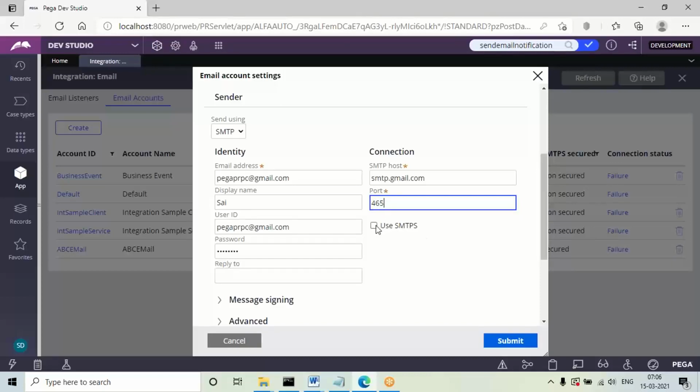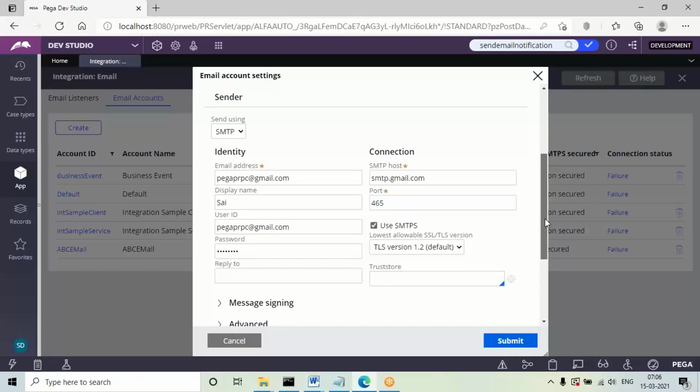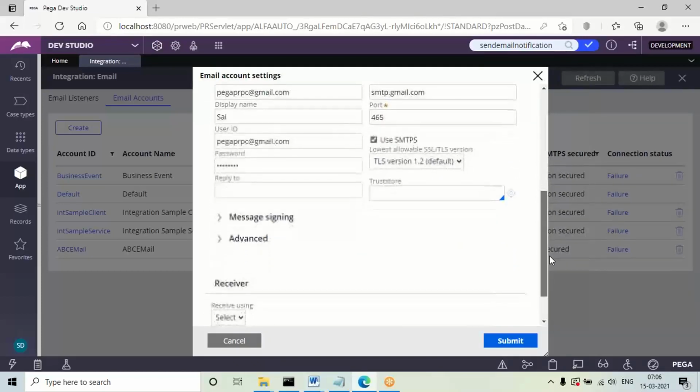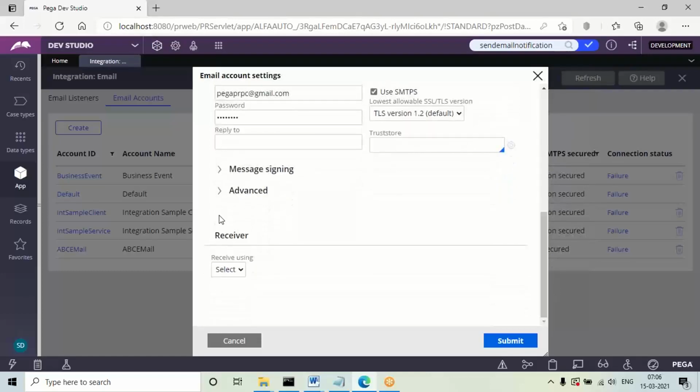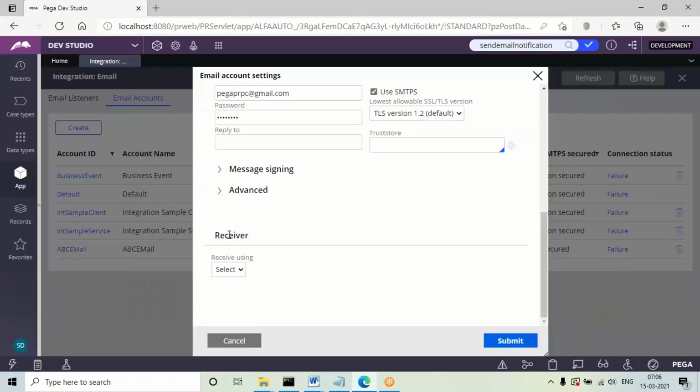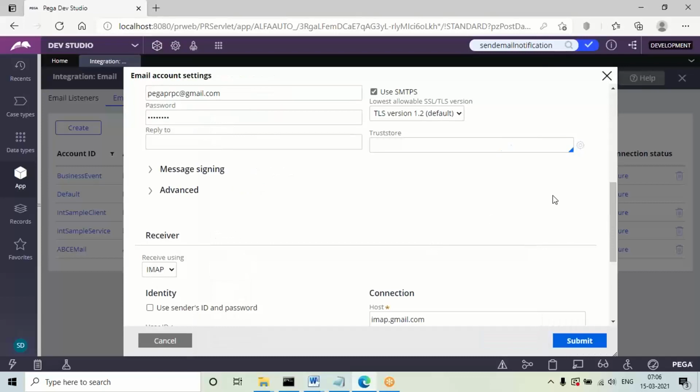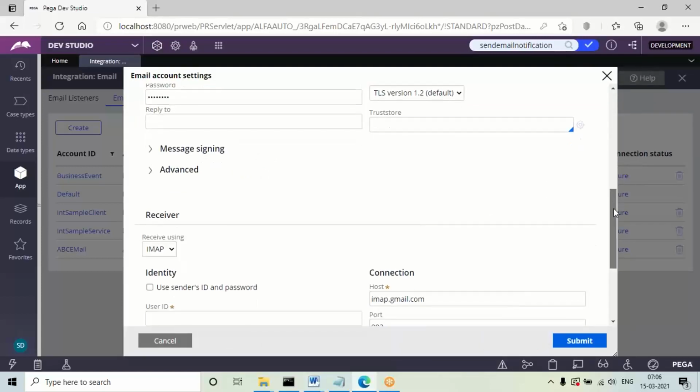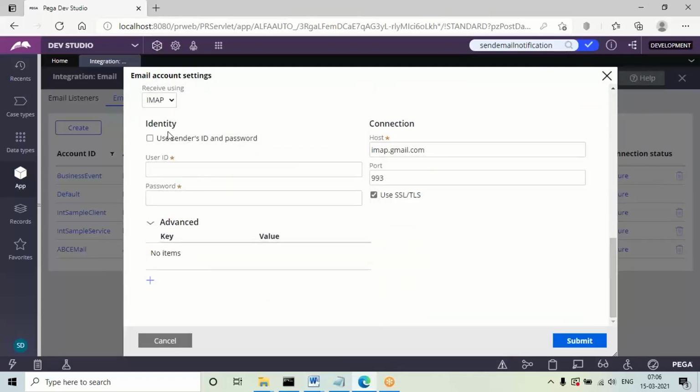If it is some other account in real time, you have to provide the details accordingly. So using SMTPS means 465. Then open these advanced settings. Okay, I think there is no need to change anything. For the receiver information, we need to choose IMAP. So choose the receiver information as IMAP and enable this checkbox. Otherwise we don't get the sender details and all.